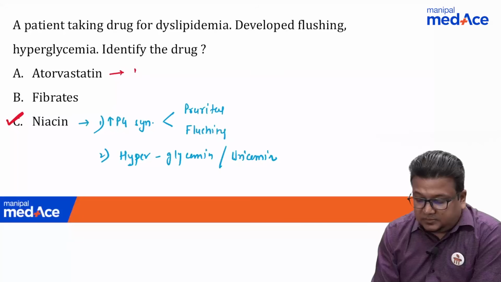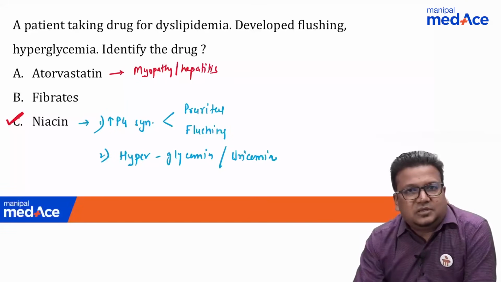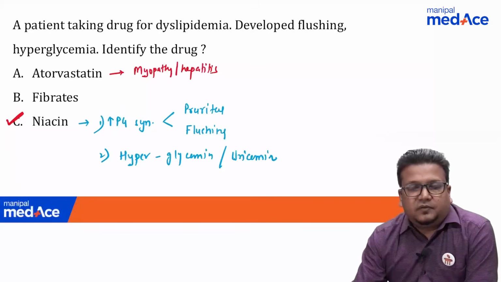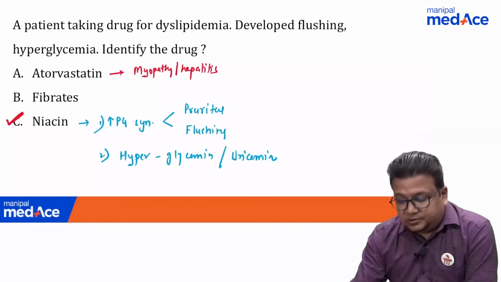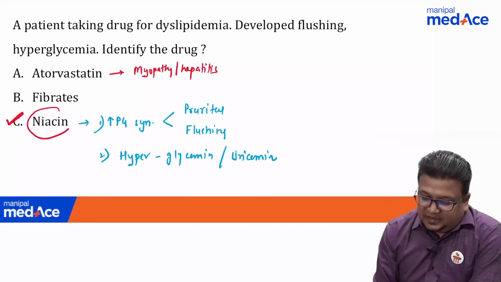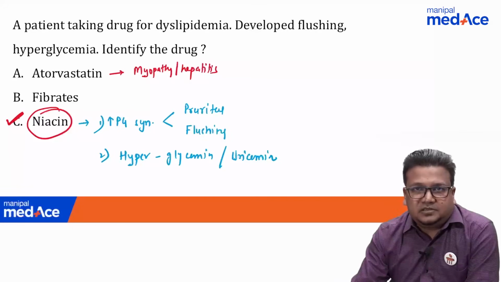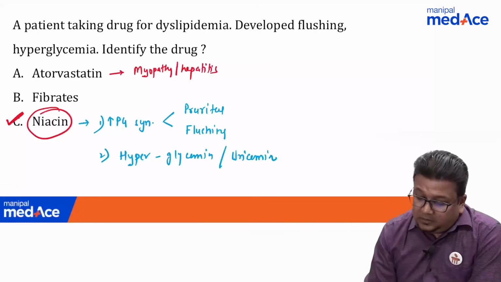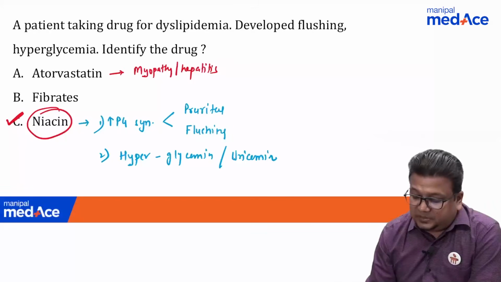Statins mainly cause myopathy and hepatitis. Fibrates can also cause mild hepatitis or mild myopathy, and one of the fibrates, that is clofibrate, can cause some gallstones also. But it is the niacin whose side effects have been asked many times, and again we have got the question. The only other question which can be asked in a subsequent